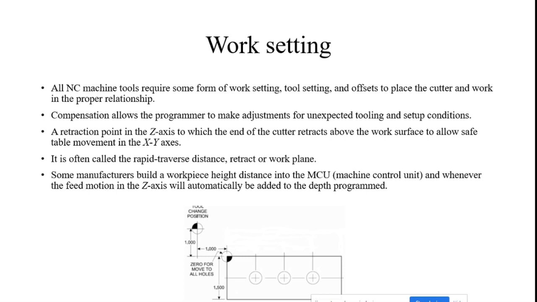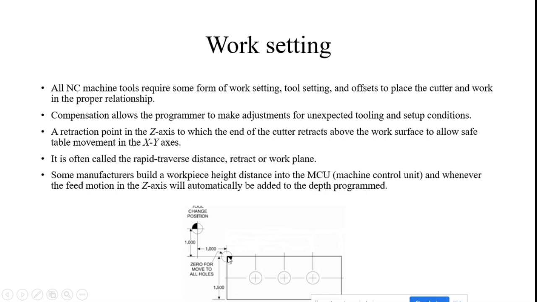So some manufacturers constantly save the data, which is how much workpiece height distance the tool moves. Okay, and whenever the feed motion in the Z axis occurs, it will automatically be added to the programmed depth. These are all the things that are available with work setting. Here you see the rectangular block is set with respect to the tool change position.